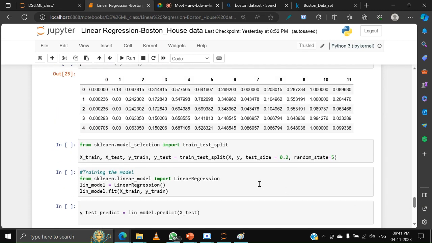Now what is the next step? Train, test, split. We have already seen this. Before that, you call it from sklearn dot model selection. Now you use train_test_split with input x, output y, test size 0.2. Random state I will explain later. You give some number, 5. Now when you execute this, see,